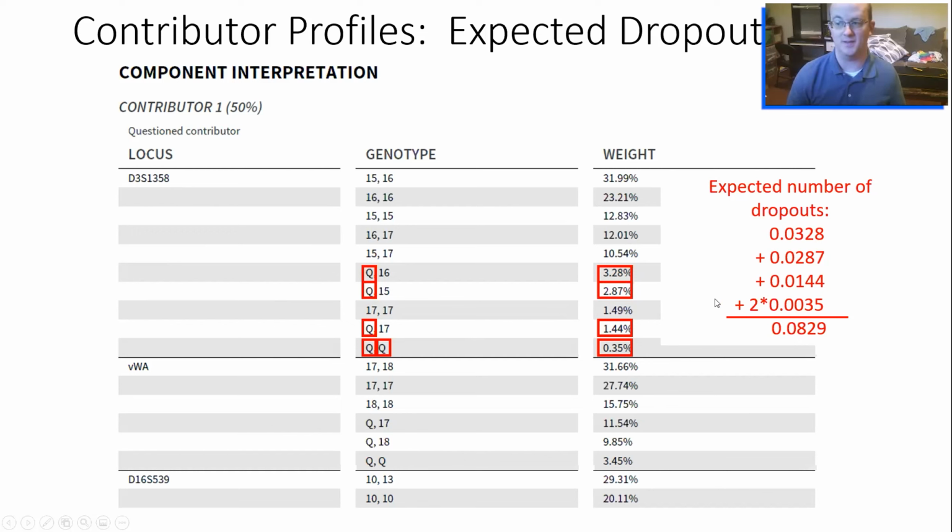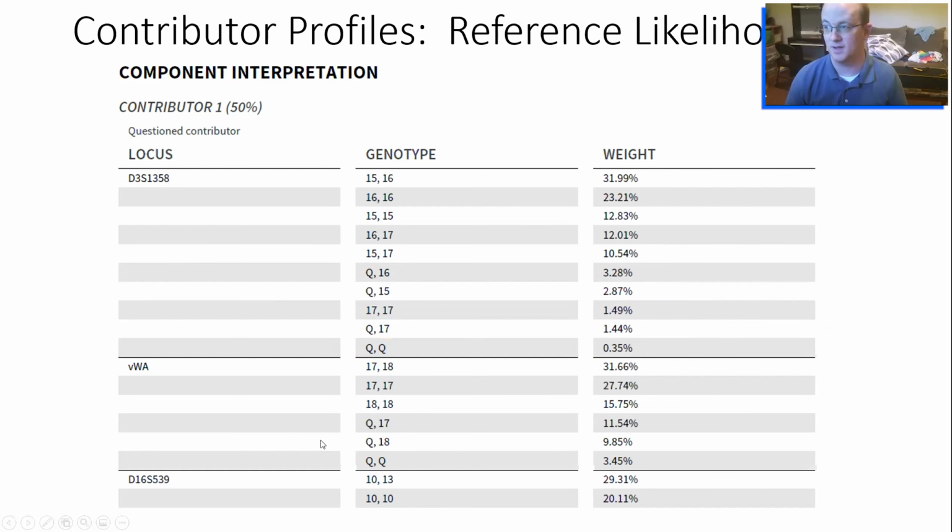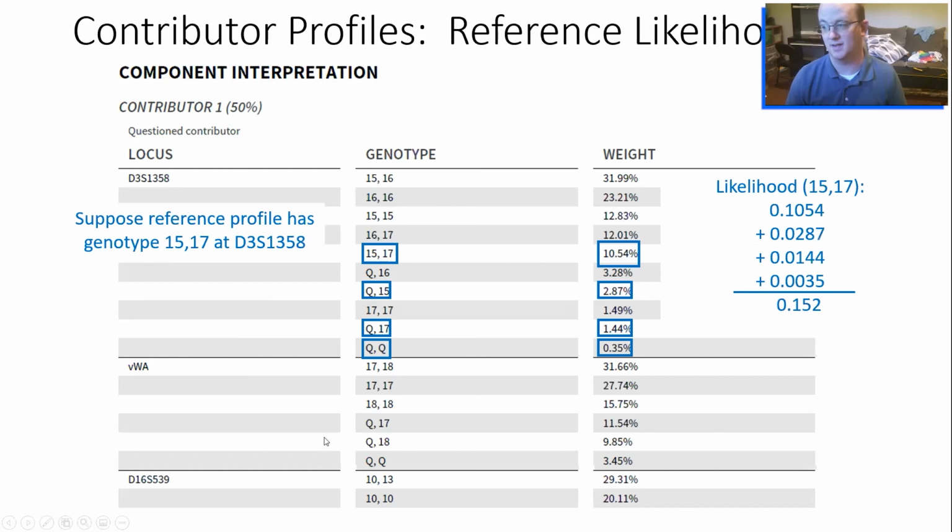Now for both likelihood and the expected number of dropouts, we consider all of the loci at a given time. For the expected number of dropouts, we're just adding this expected value from one locus to another. And for the likelihoods, we are considering the product of the locus-specific likelihoods to give a likelihood for the complete